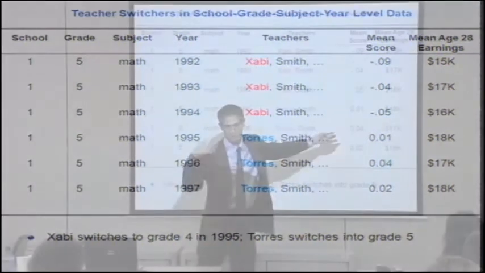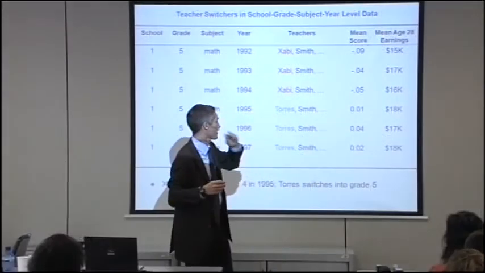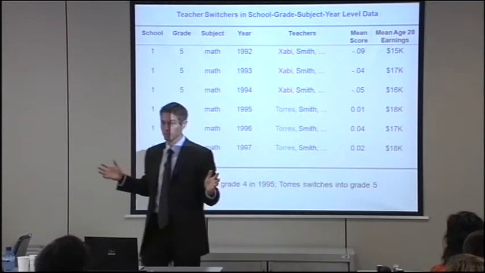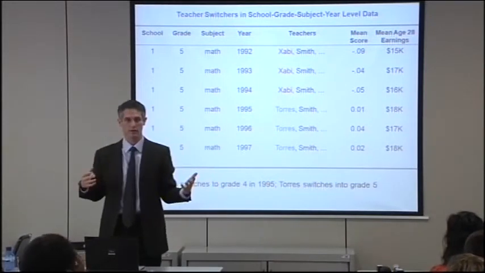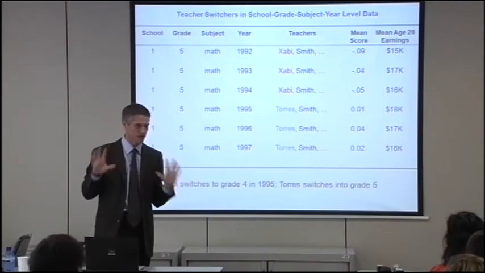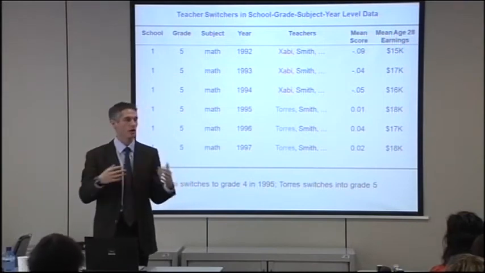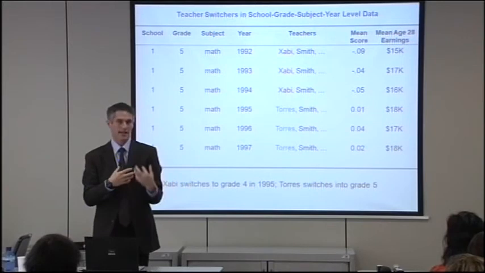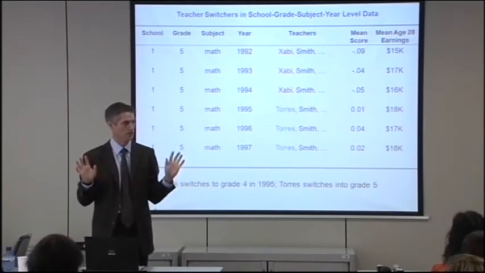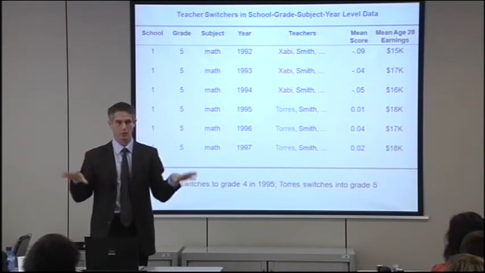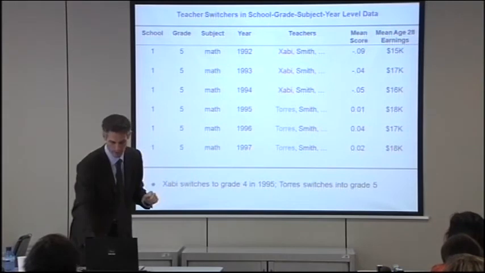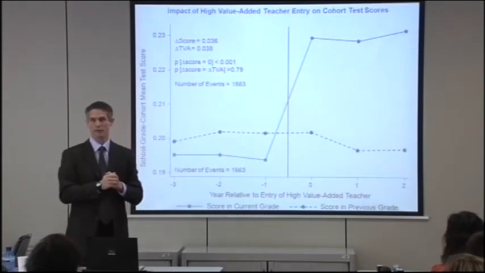This is just made up data, right? This isn't an example from the thing. And then we should also see earnings going up later on in life. Okay? That's what we're going to test for later. But that's the idea. So are people clear on how this is different, and why we no longer have to assume that the kids you're getting in your classroom are somehow randomly assigned to you? We're not using that classroom level data. We're using the whole cohort. Okay. So this is an example of that idea.